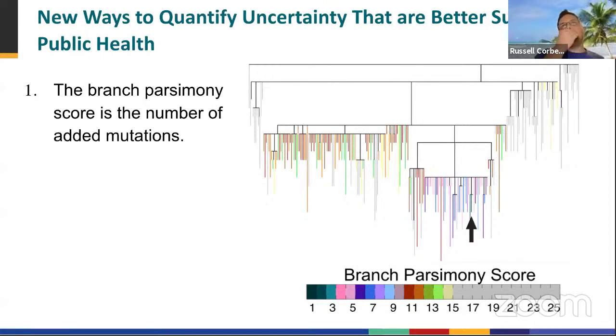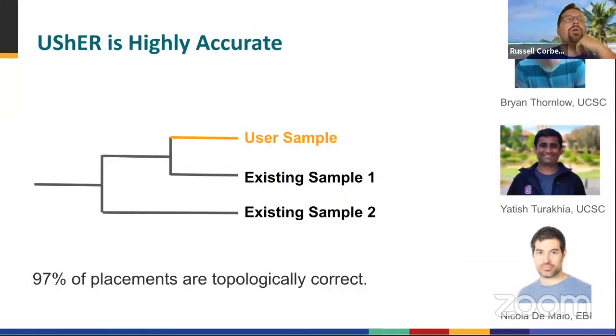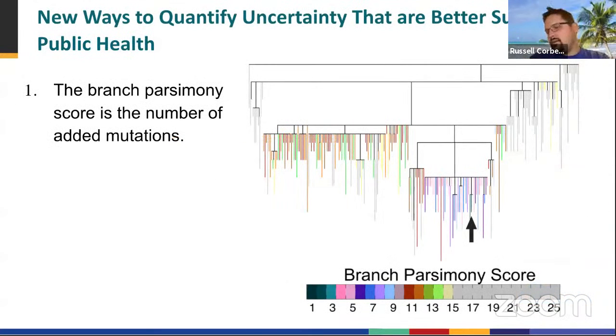Okay, so what we have then is, returning to this problem of phylogenetic uncertainty, I need to explain how we were doing this. We don't think that bootstraps are going to work very well. And the reason we don't like bootstraps in this context is that, like I said, they just don't give you a lot of support. You can do other things like what's called an approximate likelihood ratio test. But all of these things are actually not really well suited to this case, where there just aren't many mutations. My data matrix is actually very sparse on each branch. And so what we've been working out is other ways to quantify uncertainty that are a little better suited to